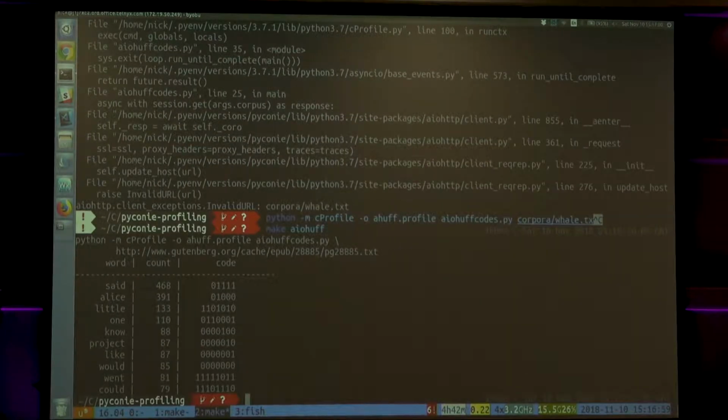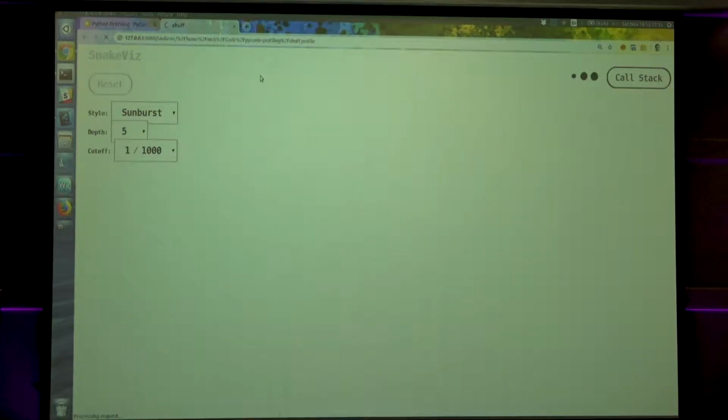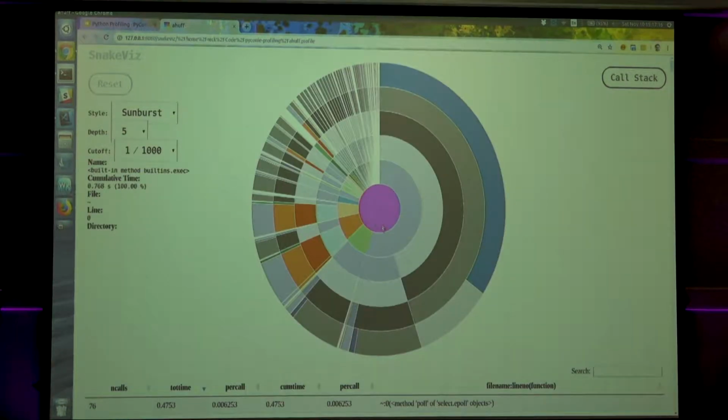So I have a Gutenberg link. It's basically downloading Alice in Wonderland, because we can see Alice said a lot of things. There's a lot of little stuff. So if we actually look at this in SnakeViz, we will see a whole lot of